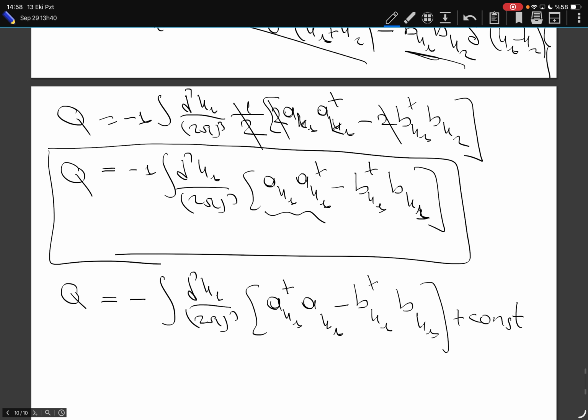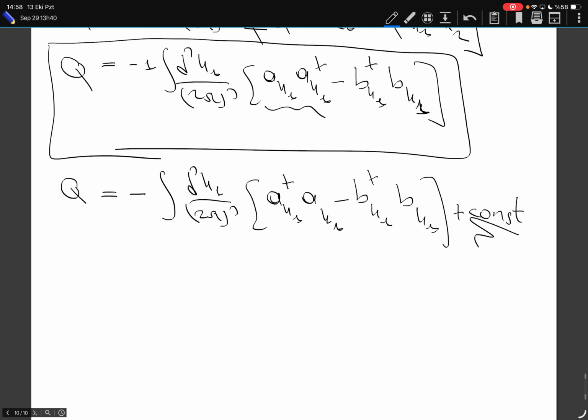I'm not so happy that I obtained this constant here, but if it is here, it doesn't really matter. It's by definition conserved, it doesn't change. By definition, it doesn't change with time. So what remains is also conserved. So this is conserved. Okay, conventionally, I would rather have, let's say, Q bar minus Q